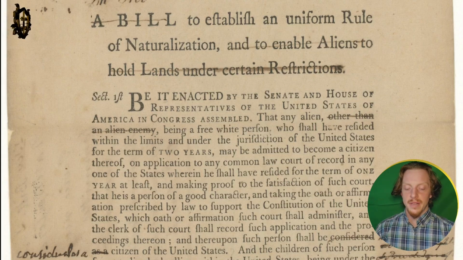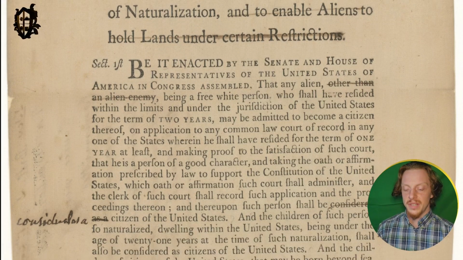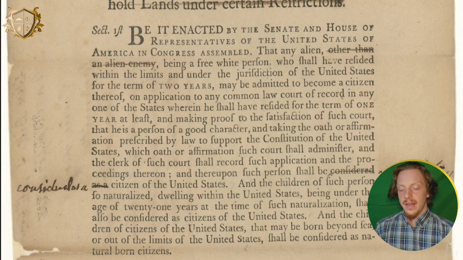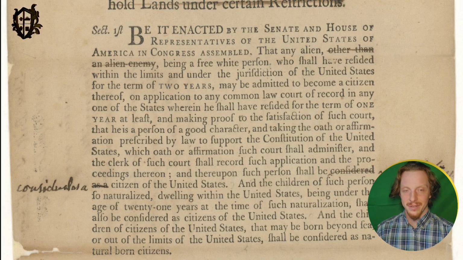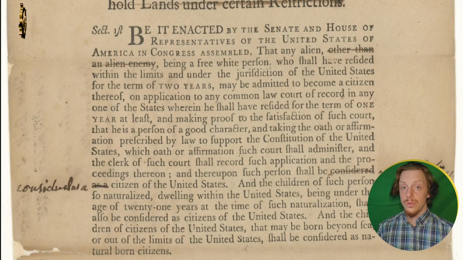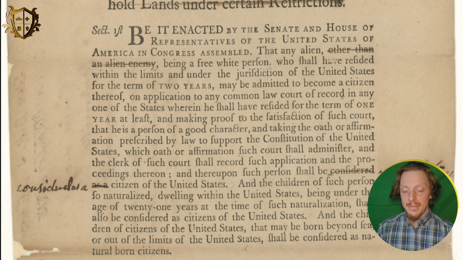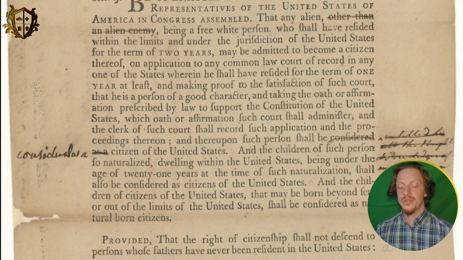Section 1, be it enacted by the Senate and House of Representatives of the United States of America in Congress assembled, that any alien other than an alien enemy, so it's crossed out, looks like that was amended, not to be included, that any alien being a free white person who shall have resided within the limits and under the jurisdiction of the United States for the term of 2 years may be admitted to become a citizen. May be, not will be, may be admitted to become a citizen thereof on application to any common law court